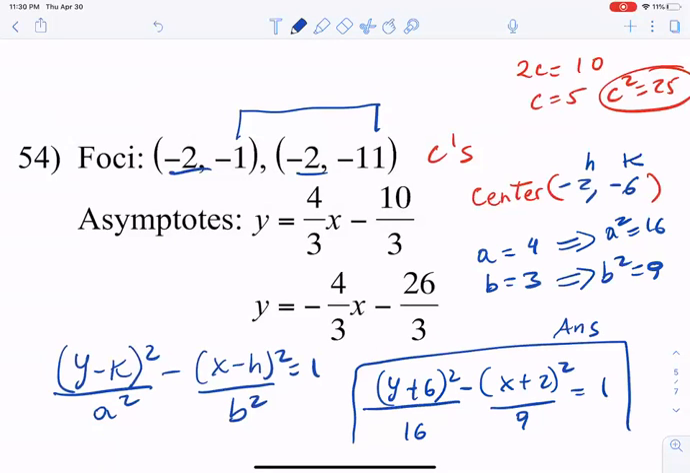Okay, let's see if we had the same answer before we continue with the next problem. So 54 is y plus 6, yeah, that's right, and that's right. So next problem,